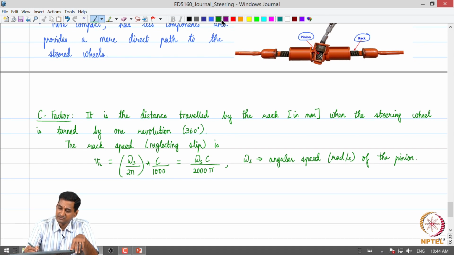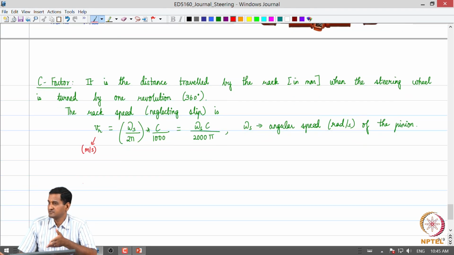VR is essentially taken in meters per second, which is why we apply this factor of 1000 in the denominator. So, if this is the rack speed, then if we want to find the total torque which is required to obtain a certain rack force,